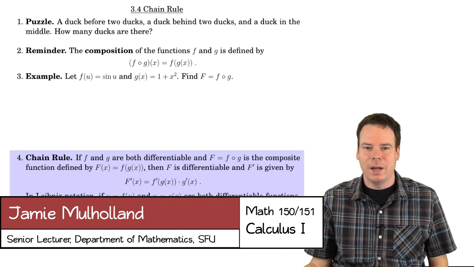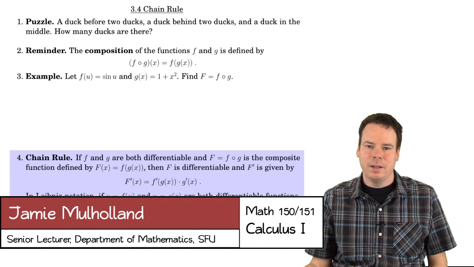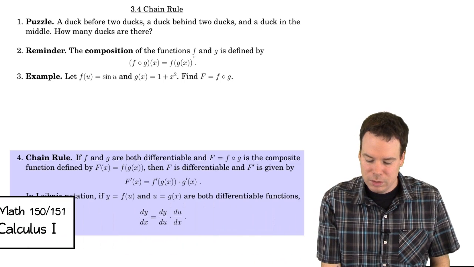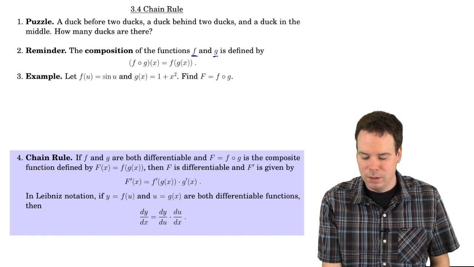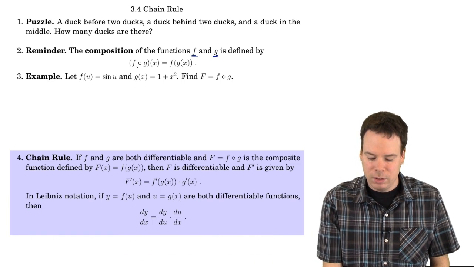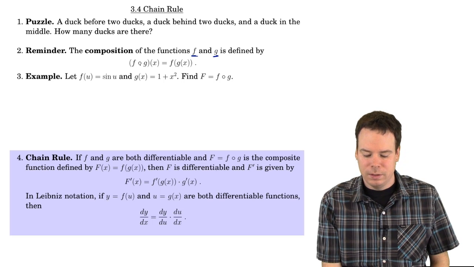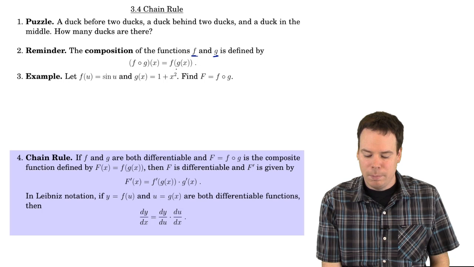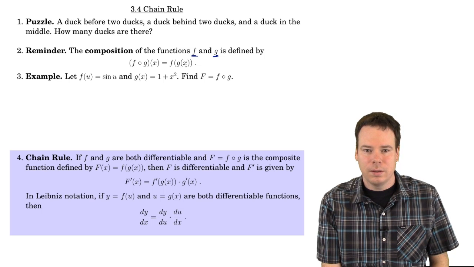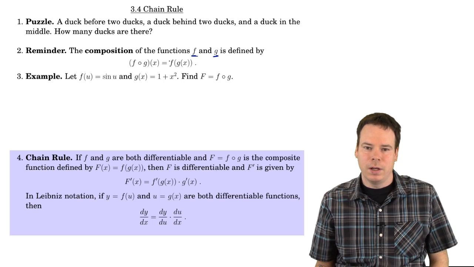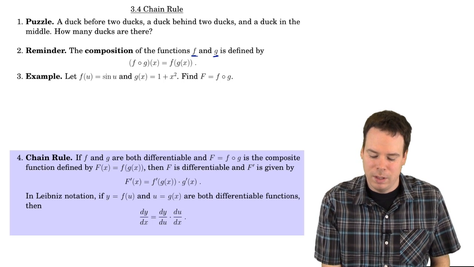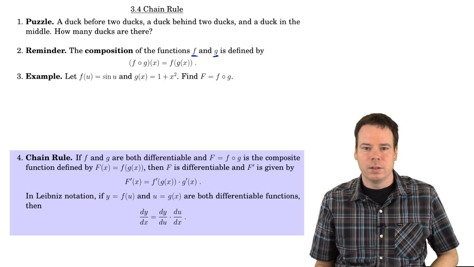Hi everyone, welcome back. In this lecture we're going to look at how to differentiate the composition of functions. And just as a reminder, if we have two functions f and g, we can define their composition, denoted by f and then this little circle g, so f circ g, or f composed with g, by first evaluating at your input x the function g and then following that by evaluation at f. So first apply g, and then whatever comes out, then apply f,